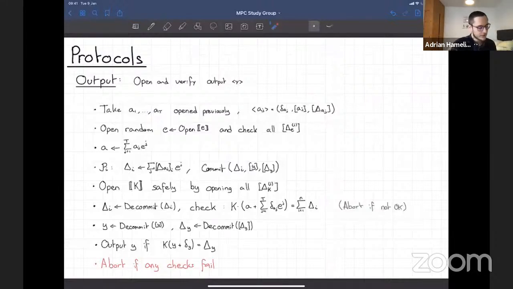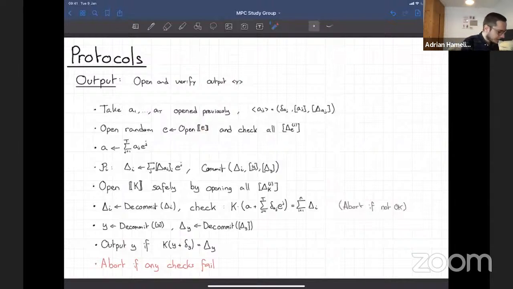You can only verify them once you have the key K, but you don't want to reveal the key K before revealing Y, because otherwise the malicious parties could update their shares using Y and have a valid code. So this is why it's a bit more involved. What you're going to do is open a random double bracket E, with all the checks, obviously, that the MAC is correct, as we mentioned before.